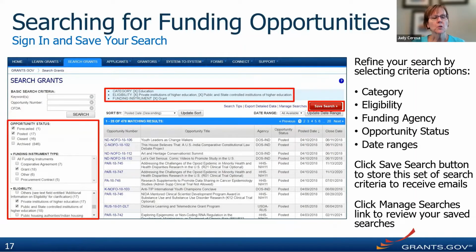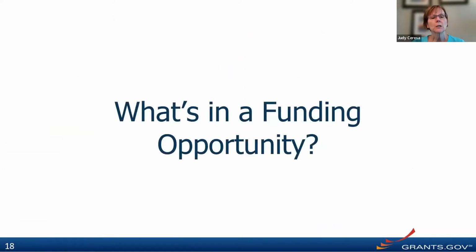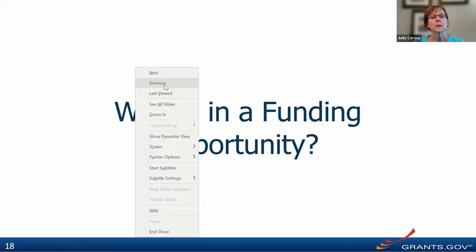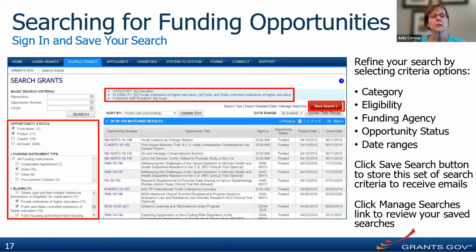You can also search through to see the eligibility criteria that you want to search on. And if you keep scrolling down, you'll see a section where you can actually select a category of funding that can identify some of the funding that you may be looking for, as well as you can select